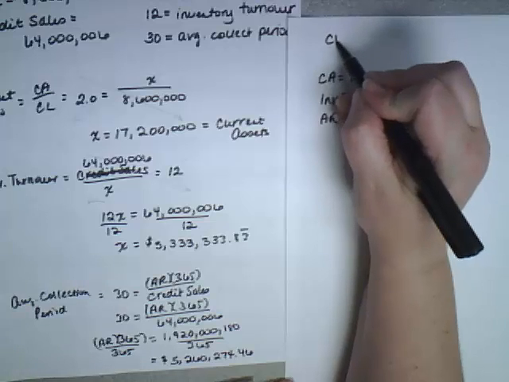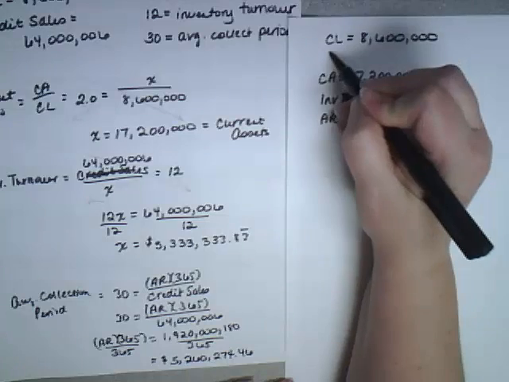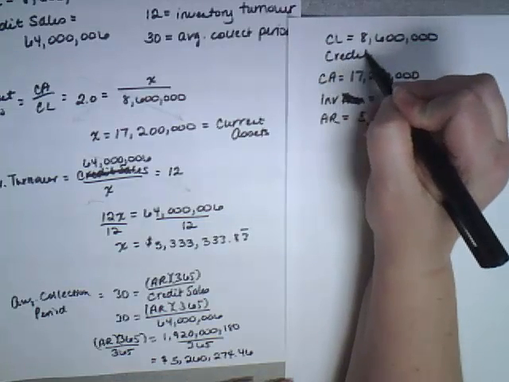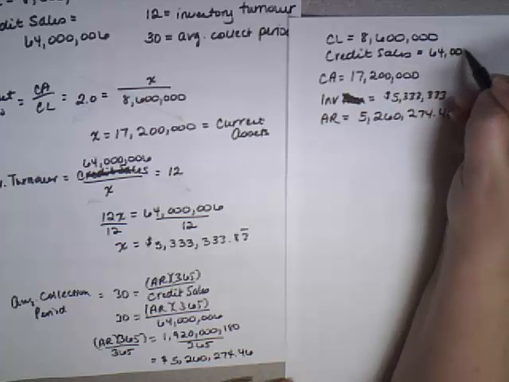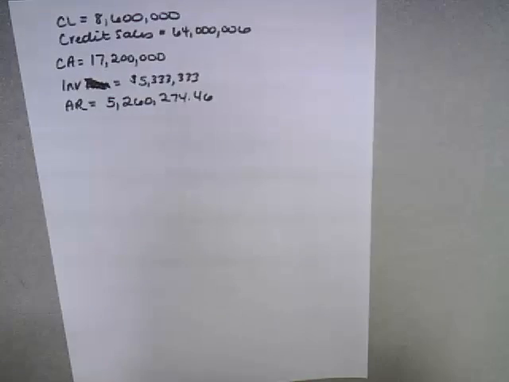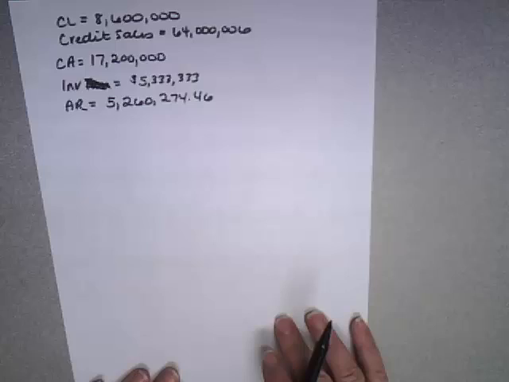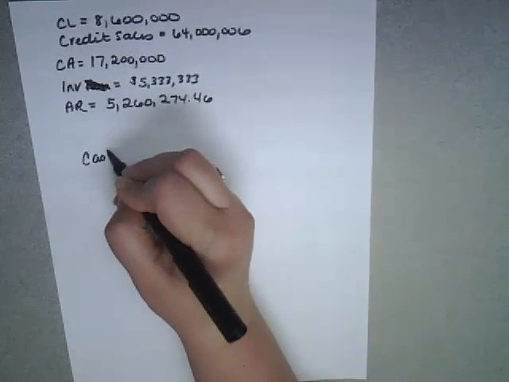Now, if you remember, earlier we were given current liabilities, $8,600,000, credit sales of $64,000,006. Okay, so I'm going to move this paper out of the way so we can continue to work our madness. So when we look at cash and marketable securities,